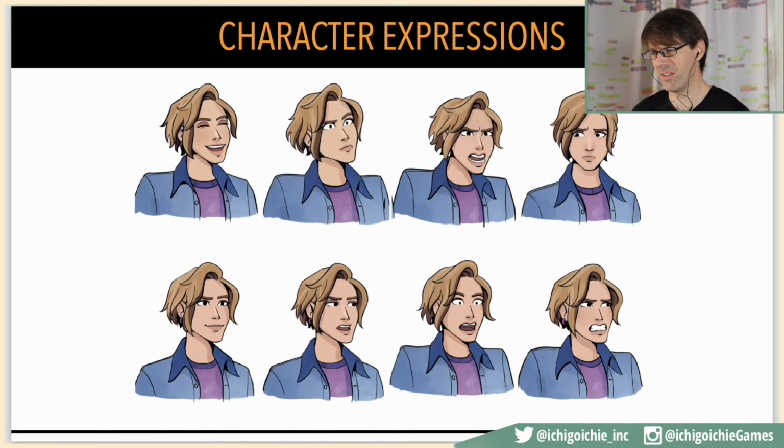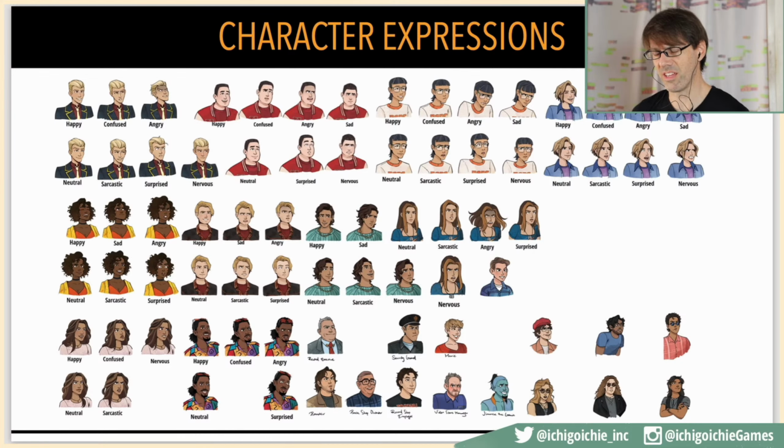There are in total, I think, between 80 and 100 character expressions for all of the characters and supporting characters that we have in the game. This is a small screenshot showing, I think, almost all of them. And these are all drawn by hand and then given that same kind of paint brush watercolor treatment, and then the dialogue expressions are fit into 3 different dialogue panel styles which we have in the game. So you can also customize whether you want to have a comic book style dialogue panel or what we call the note paper one that looks like it's written on top of a rolled 3-ring binder type setup.